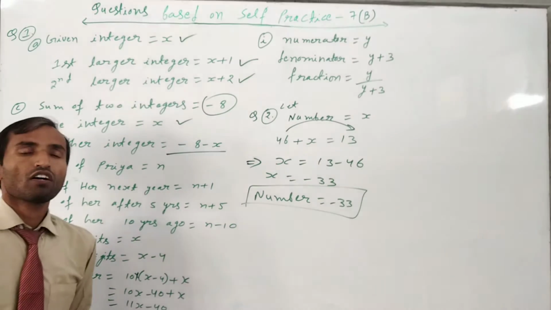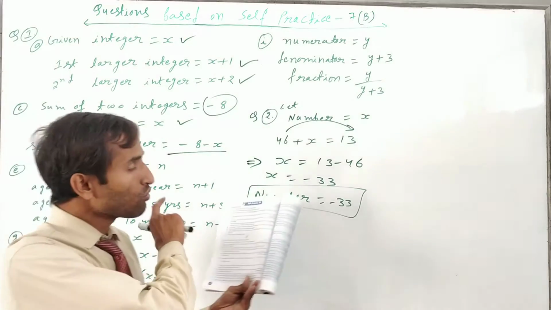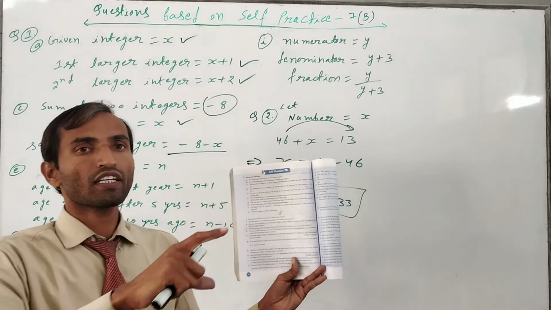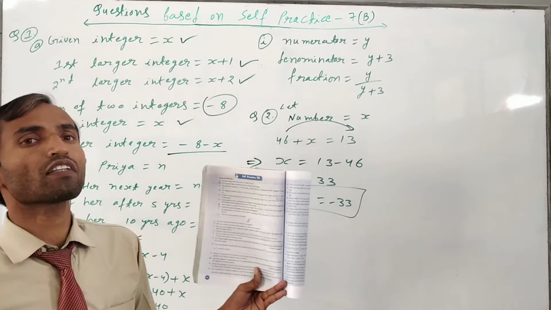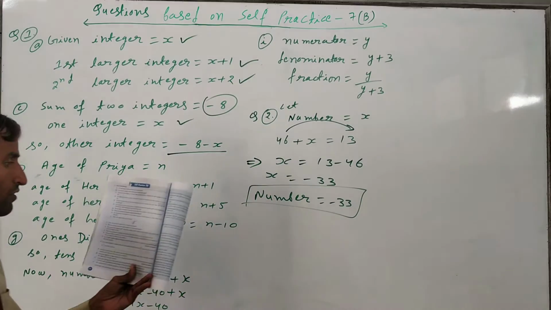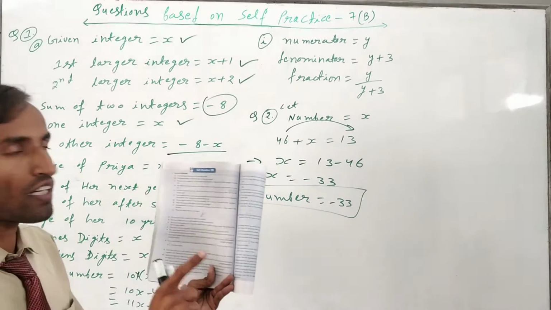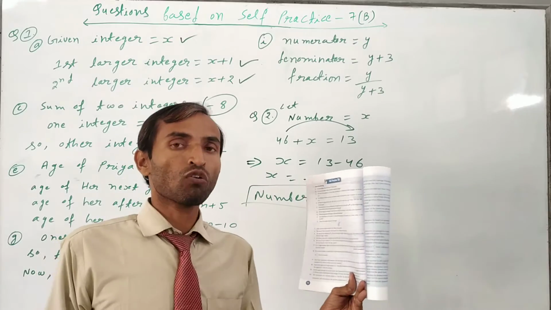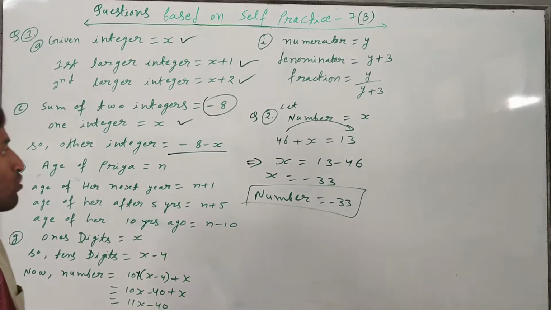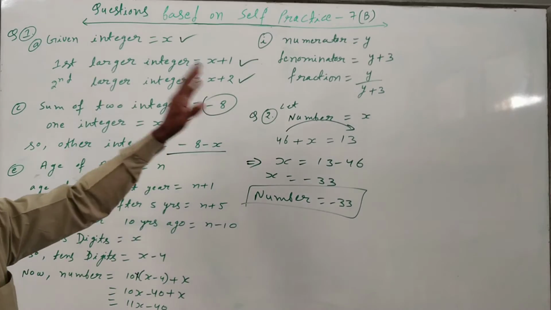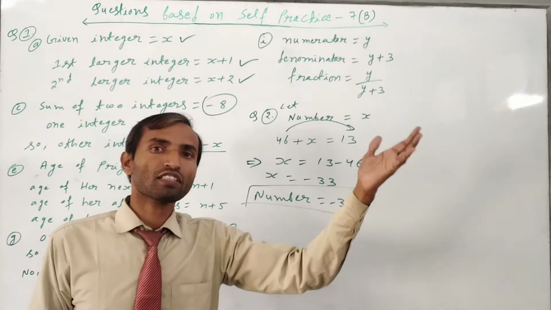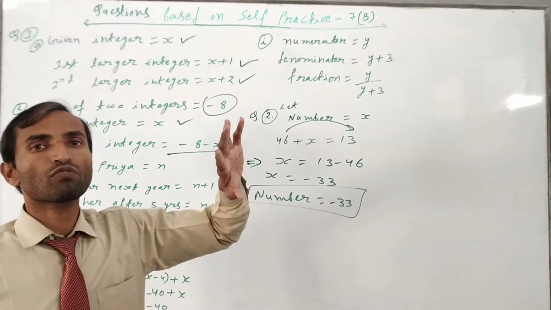So in a word problem, first of all we have to understand the question. Suppose the variable, and use the condition. According to the condition, you can make the linear equation. Whatever situation is given, we have to make the equation, and then we have to solve it. The solution part is not different; whatever we did in the previous exercise, the same type of solving applies.